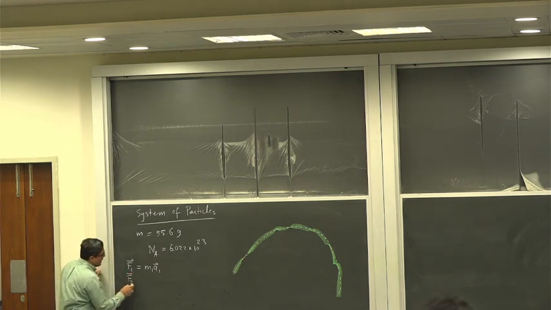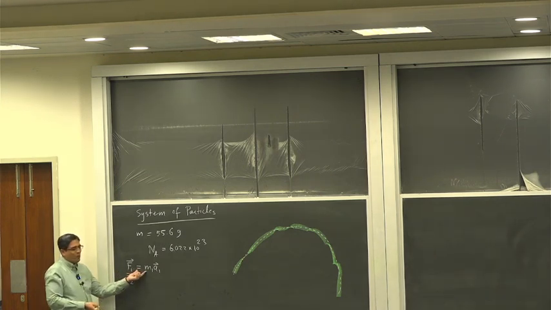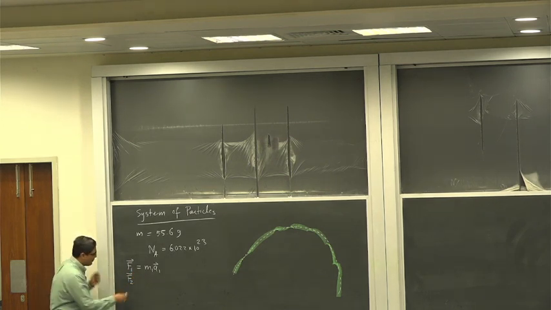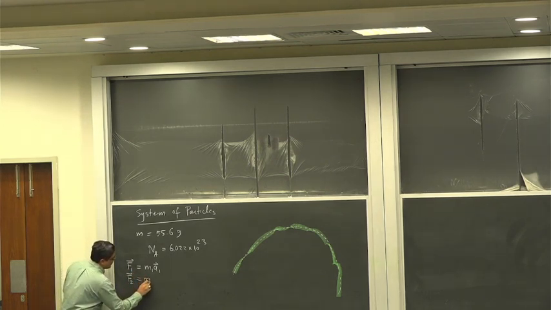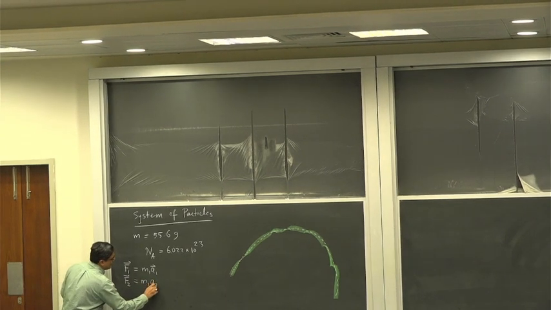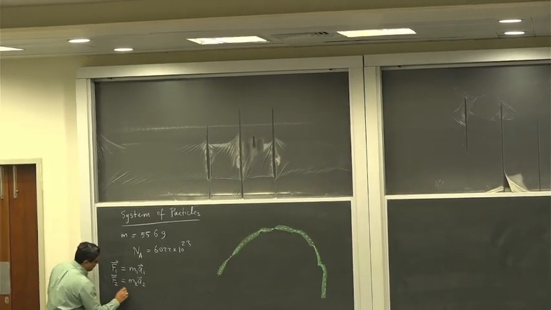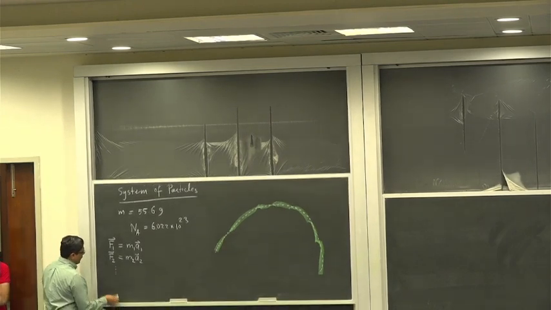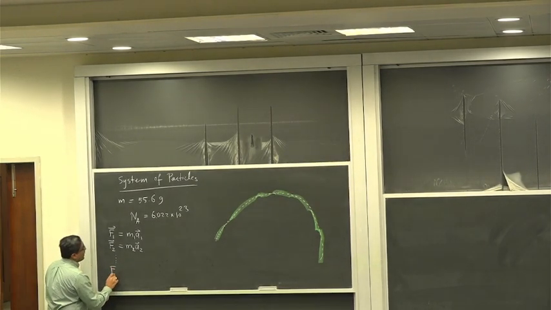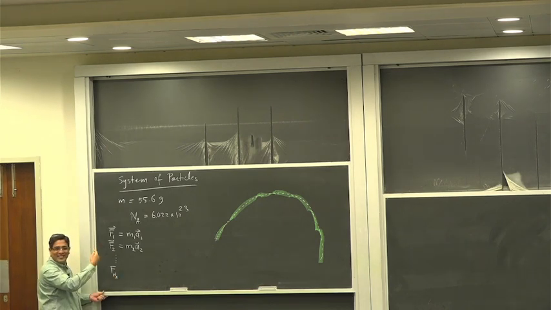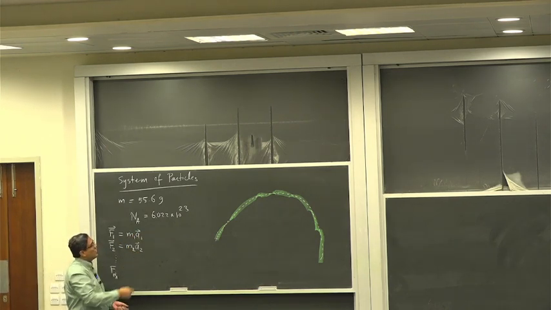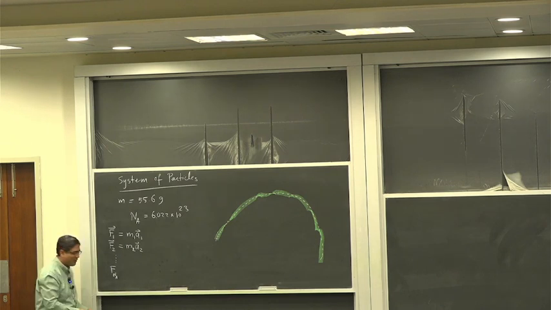This would describe the motion of one atom. This would describe the second atom, m2 a2, and so on. And finally, F for the 6.022 × 10^23rd atom,